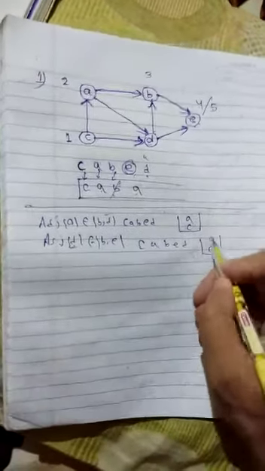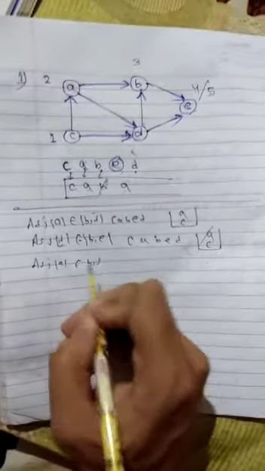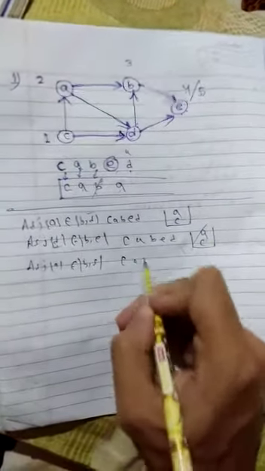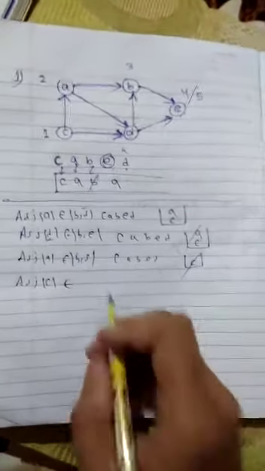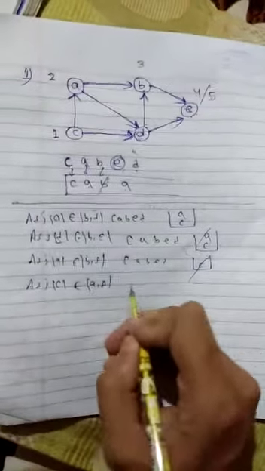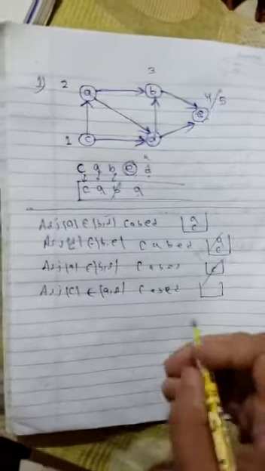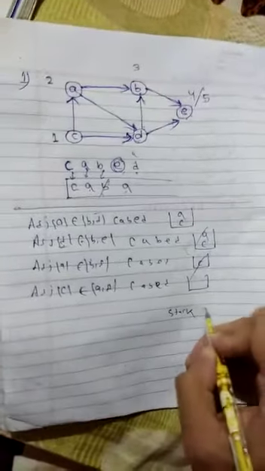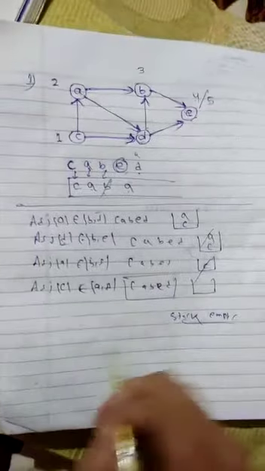So here C and A. Then again we pop A. Adjacent of A, B and D, are already visited. So C, A, B, E, D. Then again we pop out C. Adjacent of C is A and D, already visited. So that is C, A, B, E, D, and the stack is empty. So now the stack is empty, and here you have to stop. Here you write stack is empty and stop. Then this is your sequence. You have to find C, A, B, E, D and draw the spanning tree according to this.